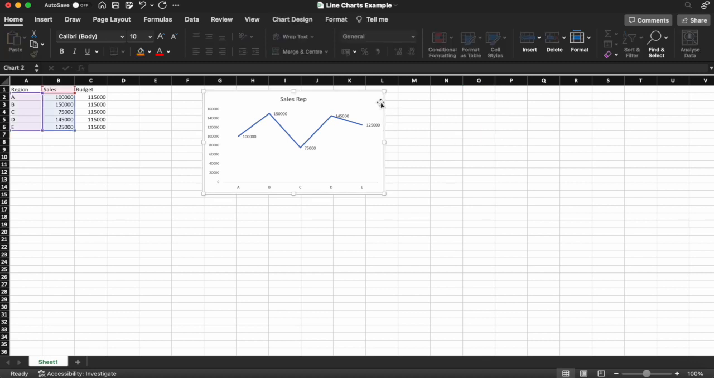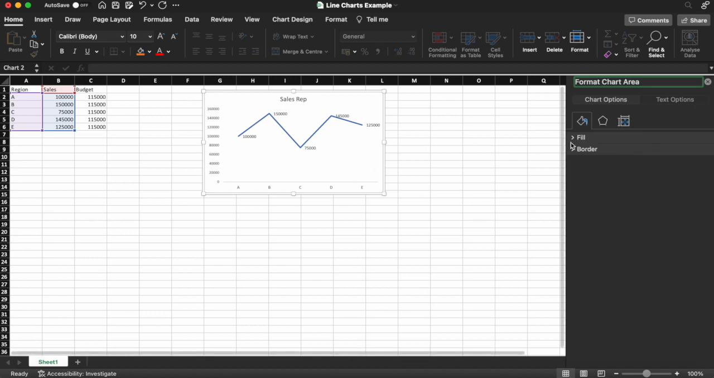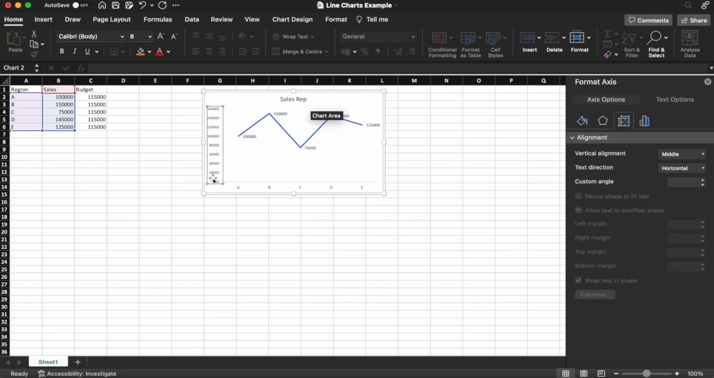So what else can you do with this chart? Here you can see that all of these values are coming as absolute numbers. Say if we want to change them into thousands or millions, how can we do that? You need to right click over the chart, and let's go to format chart area. Here we'll select these labels,